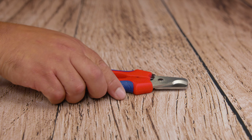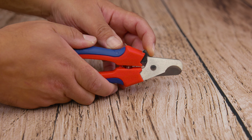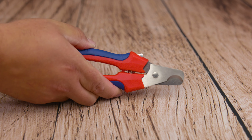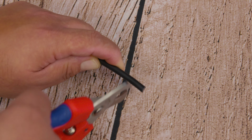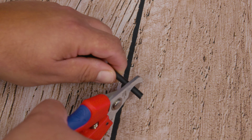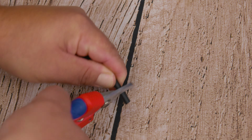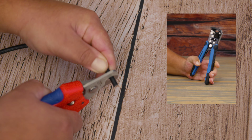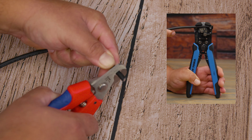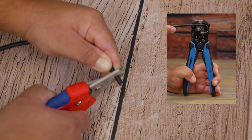Next, we have a spring-loaded shear cutter, which can be used to cut the wire and to strip. If you want to cut some wire, you would use it just like scissors. To strip, place the shears on the wire and very lightly squeeze as you use an up and down twisting motion. Keep doing the scoring action, and we like to do this in phases. We score it a little bit, check the wire, and then repeat, because you don't want to cut the